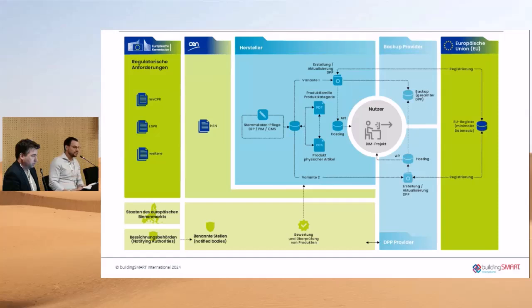So there would probably be DPP providers who will ensure that, maybe based on some certification, or the manufacturer can do it by himself. So I see this as a crucial part. Generating or creating a DPP is not the issue, but maintaining the URL is. So then it doesn't matter if you do it in-house or through someone.